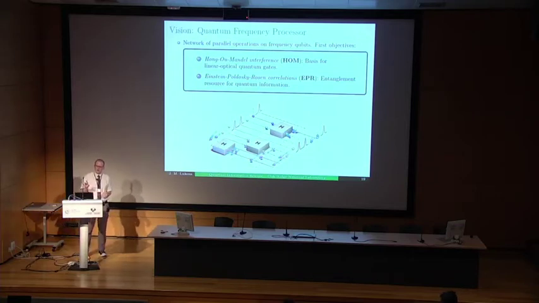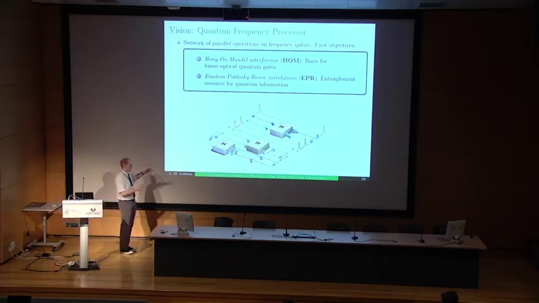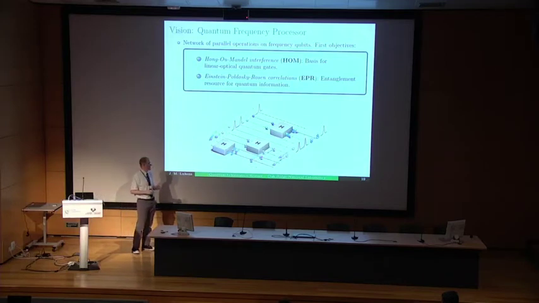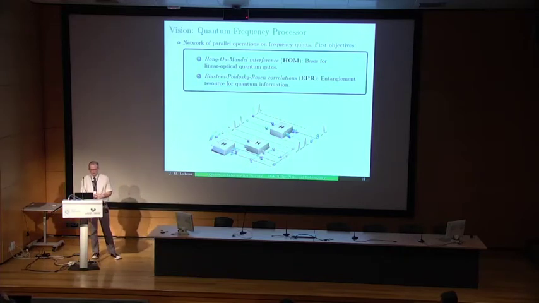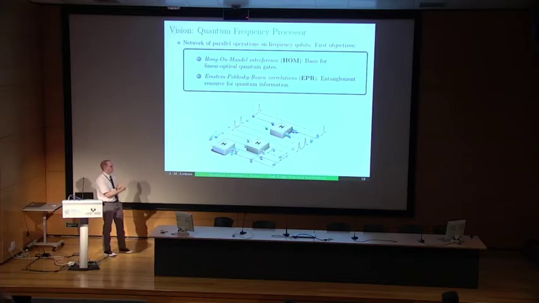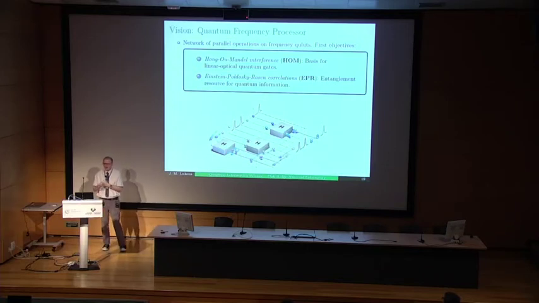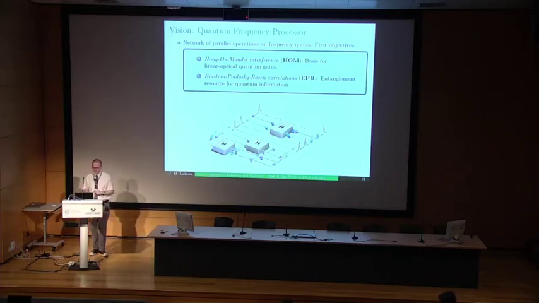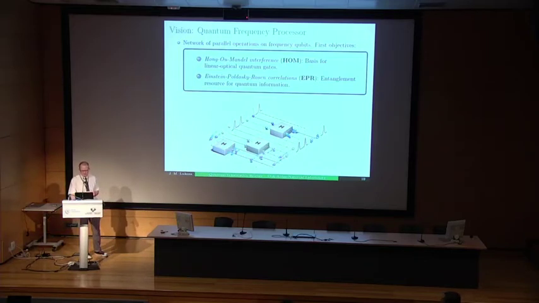So in our full vision, we like to imagine what we would call a quantum frequency processor, where we could be doing many of these operations in parallel in a single spatial mode, and perhaps different operations in parallel as well. And to begin looking at this, we focus on 2 fundamental effects in quantum optics. We focus on Hong-Ou-Mandel interference, HOM for short, and Einstein-Podolsky-Rosen, or EPR, correlations. So effectively, correlations in complementary bases